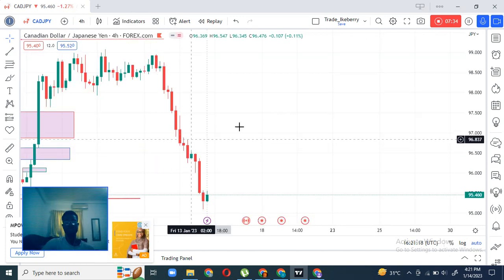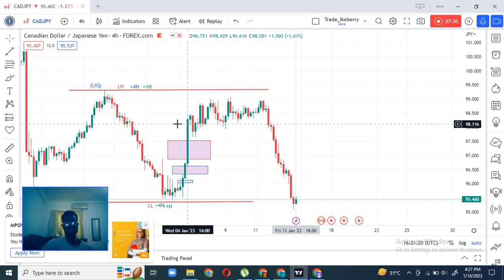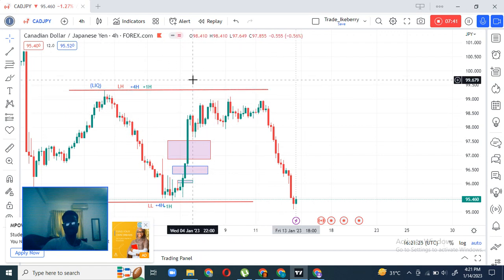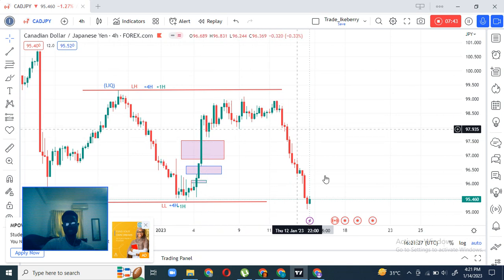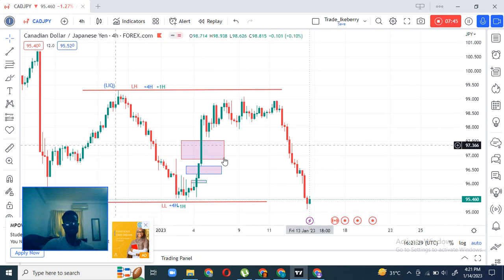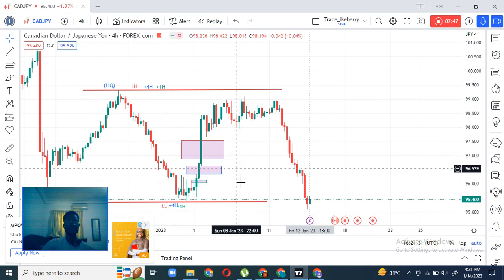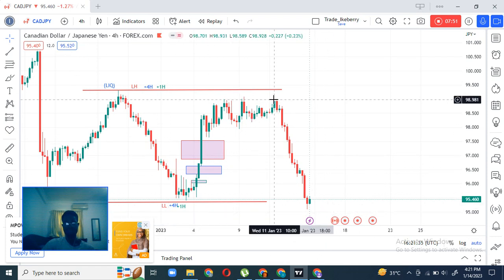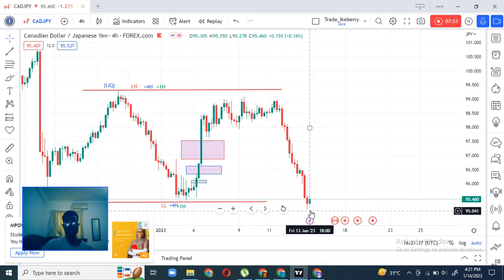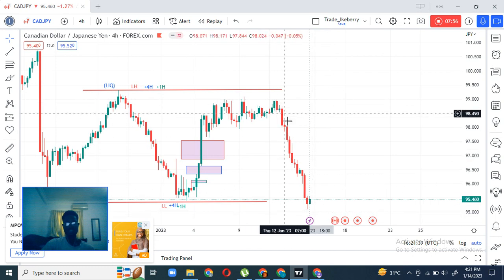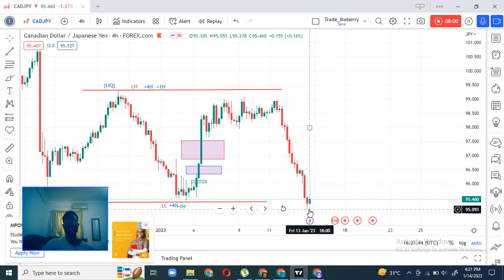So when you check on the 1H for price, this trade we took here at Trade Hike Berry, we took a trade last week here over the week from this side to this side to hit this profit target and was successful. You can check on our Telegram page, and then you realize that we took a trade from here to this side, and was very, very successful because we were expecting an impulsive trade, and then it happened